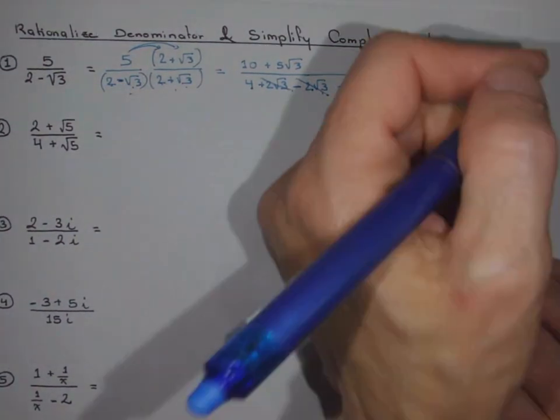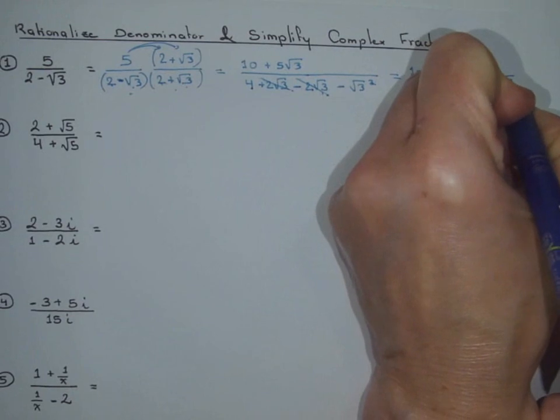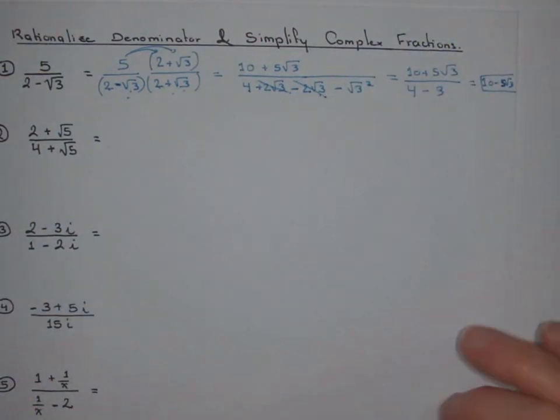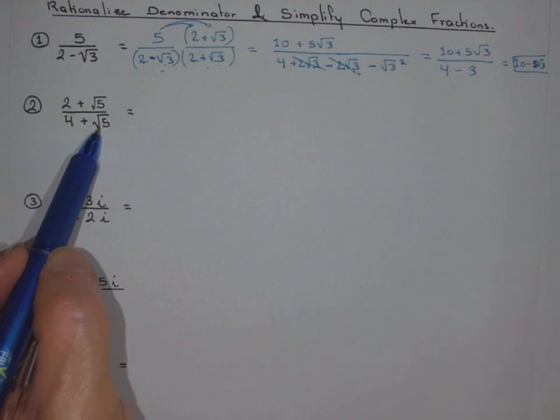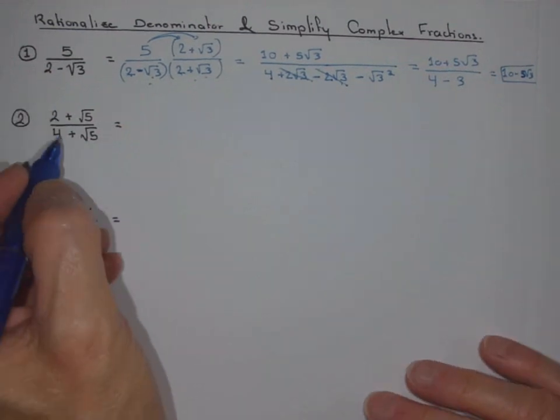10 minus 5 square root of 3. I don't know if you can see that very well. 10 minus 5 square root of 3. Okay. Number 2. We still have a radical in the denominator, so we're going to multiply top and bottom by